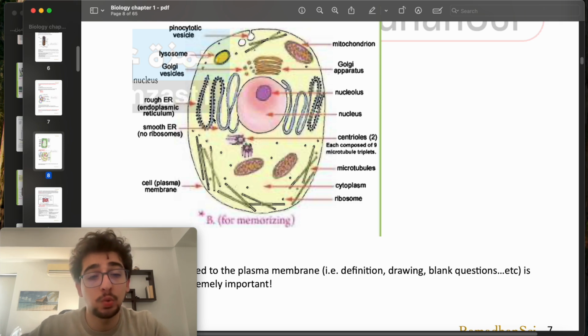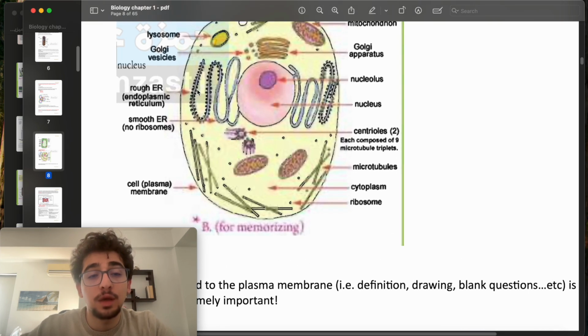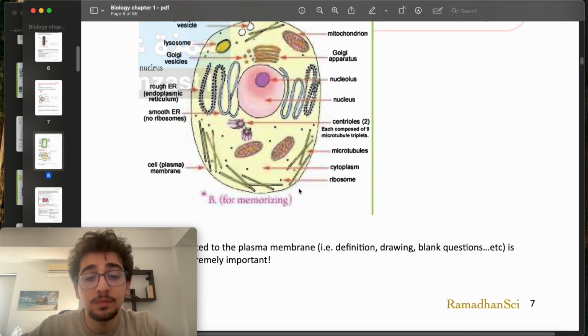When we want to mention the location of the endoplasmic reticulum, we will also write down that it is between the cell membrane and the nuclear membrane. Okay, as you can see it here. This is clearly the rough endoplasmic reticulum, as I said, because it has the ribosomes, it looks granular, and this is the smooth. It does not have any ribosomes.